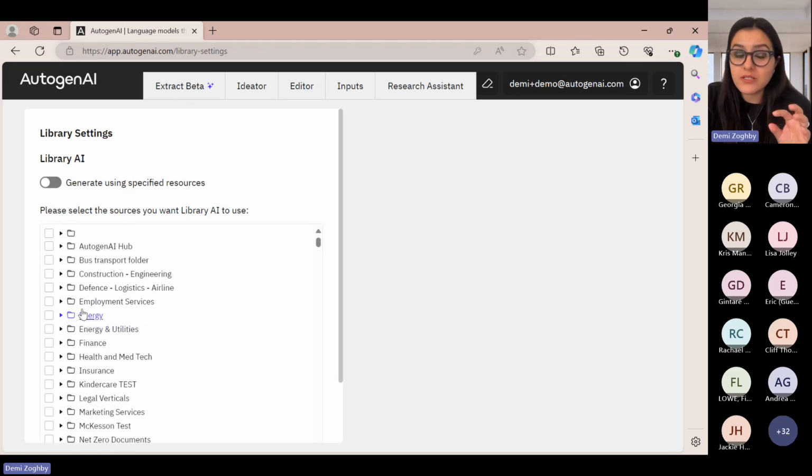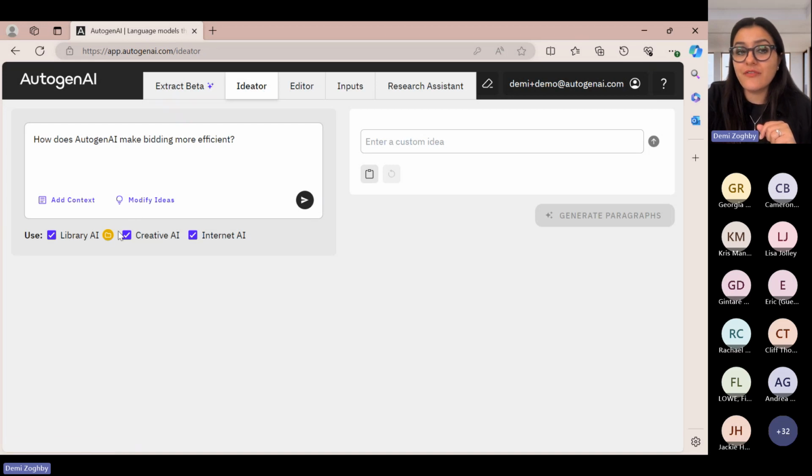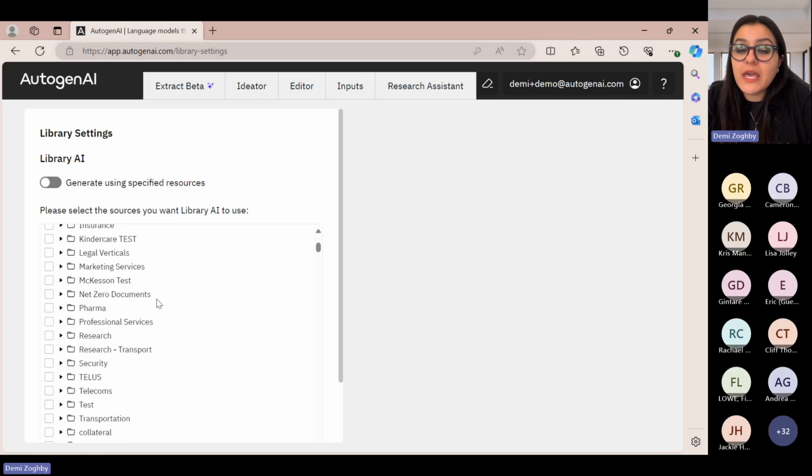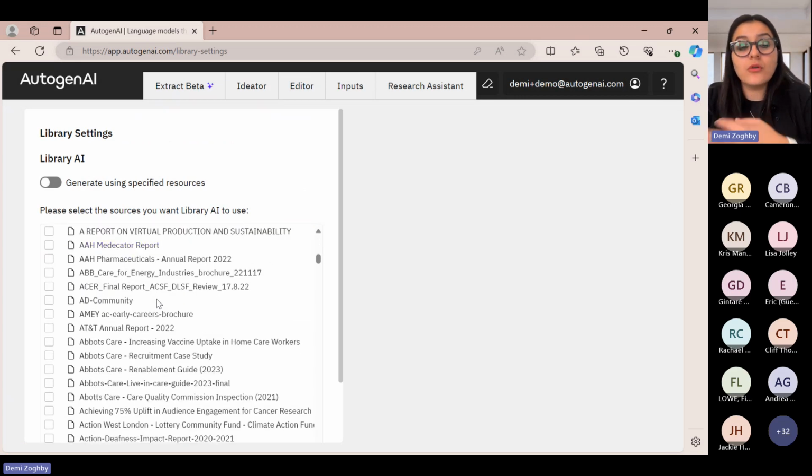So if I'm only wanting to generate information on defense, logistics, airline, or energy and utilities, when I head back to the ideator, you'll see now that there's a specific yellow icon, and that will generate information only from that folder. This is a great way, again, if you are wanting to hone in on specific content, if you're wanting to repurpose past information, past bids, and bring it in, or reference specific case studies, you can do that with your library settings. We really do harness the power of being able to use your own personal, your own company